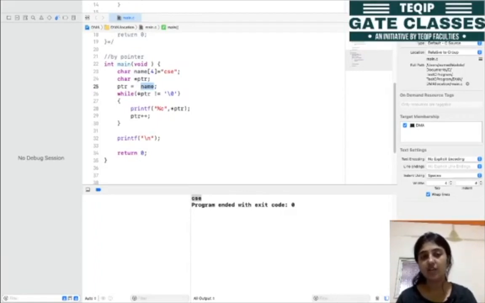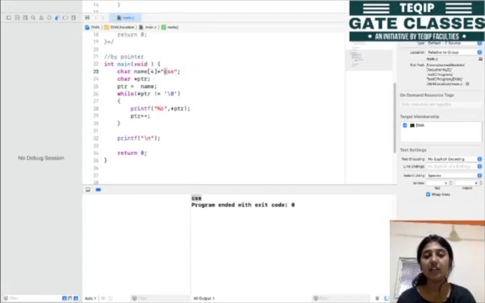So here, because this pointer is pointing to the same character array, and we know that when we use the star with this pointer variable name, it means the value which is present at that location, right? So location by location, or we can say element by element, we are checking whether that particular value is null character or not.